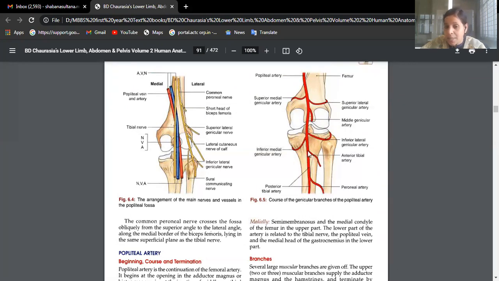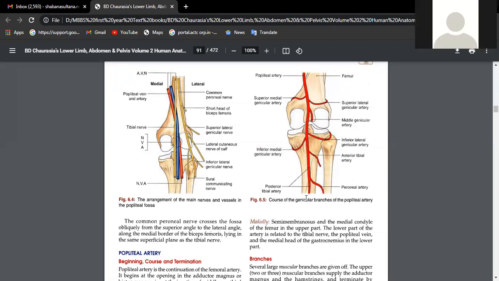As you go down, this popliteal artery is finally terminating into anterior tibial artery and posterior tibial artery. These are the terminal subdivisions of popliteal artery. Anterior tibial enters into the anterior compartment of the leg. Posterior tibial artery is actually further subdividing into peroneal artery. Peroneal artery goes and supplies lateral compartment of the leg. Posterior tibial artery supplies posterior compartment of the leg. So this is the thing what you are supposed to write for this answer better. Describe the boundaries, contents of popliteal fossa and describe the branches of popliteal artery.